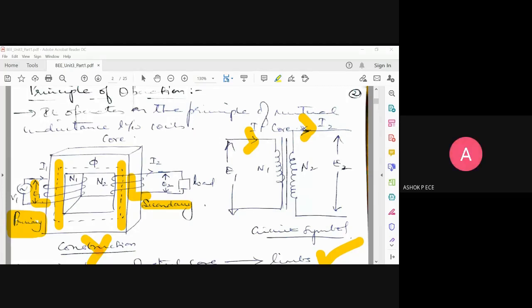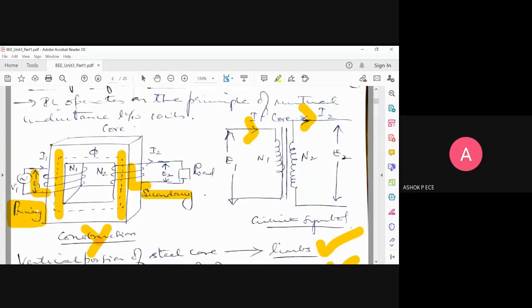When you supply a DC voltage to your transformer's primary side, your current is going to flow. Because of current, you will have magnetic flux. That magnetic flux is going to be linked to the secondary. In the secondary also, you will be having current, right? The only thing is, there is no change in polarity. But a constant current is flowing through your primary and a magnetic field is set up. So a constant current should flow in the secondary, right? If you give a DC voltage, but that will not happen. Why?